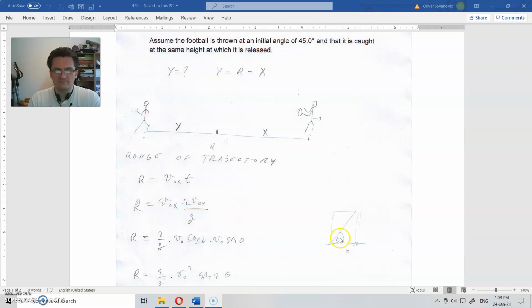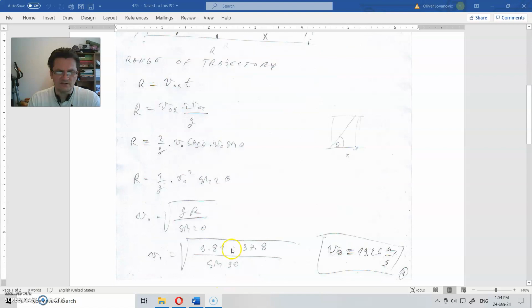So this is the angle theta, and this is x, this is y. Vo times cosine of theta is Vox. Vo times sine of theta is Voy. This is the initial velocity's projection in the horizontal direction and in the vertical direction. So Vo squared is in front, and sine of 2 theta is as much as this. So we now have everything to find that initial velocity,